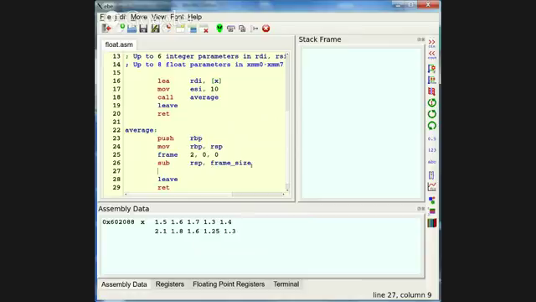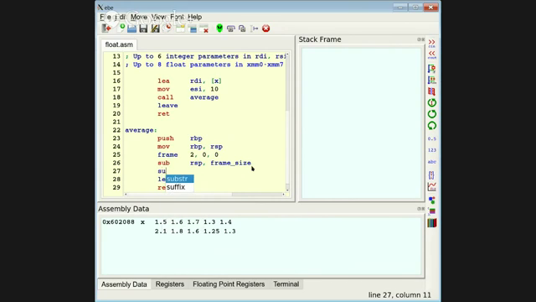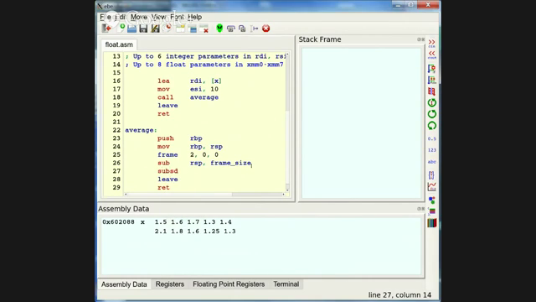All right, so I've subtracted the frame size, and now I need to decide which register I would like to do this work in. And I'm going to return the average in XMM0. What I'm going to have to do is add all the values up. So then divide by 10. That sounds like it would be pretty easy to do using XMM0. So I think we can do several choices. We can sub SD, subtract scalar double,